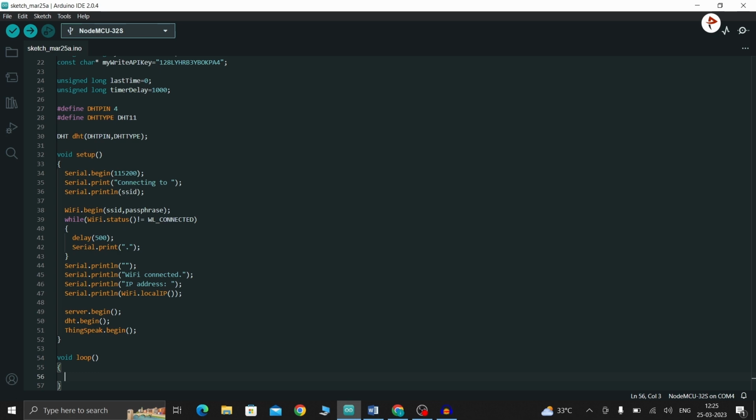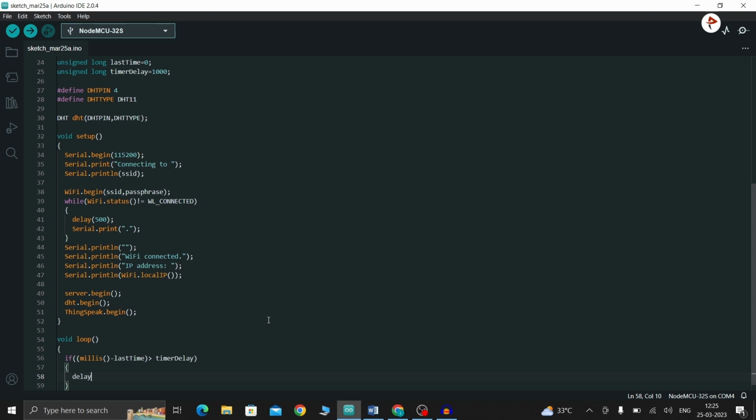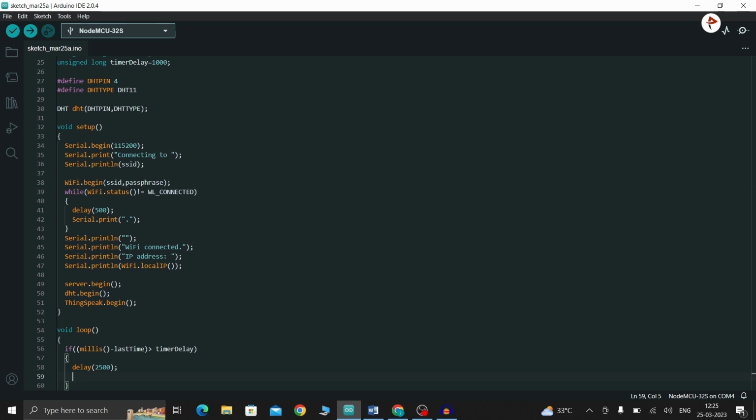Inside, first I'm going to give an if condition. So millis, I'm going to calculate the timer. So lastTime greater than timerDelay. Inside, I'm going to give a delay of 2500, and then I'm going to read the humidity value and temperature value and store them in variables. So float h equal to